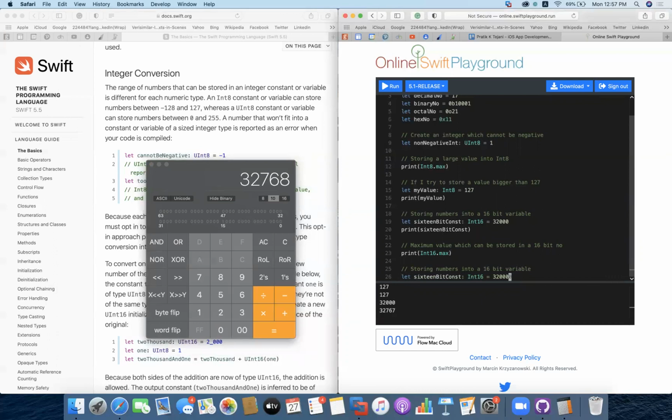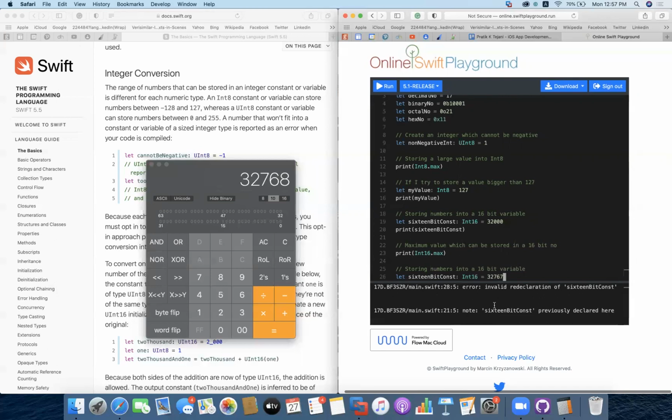If I want to save this 32768, it's going to give me an error. It will say that you cannot store 32768 into Int16, but you can store 32767. I have mistakenly defined it again.